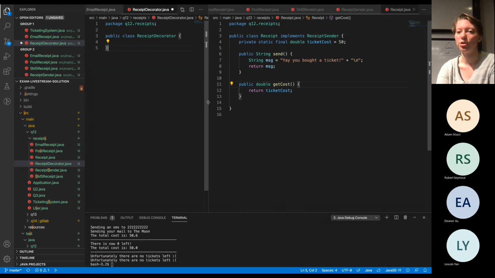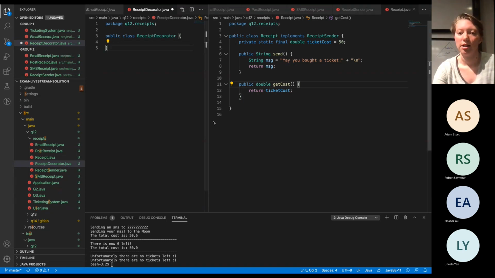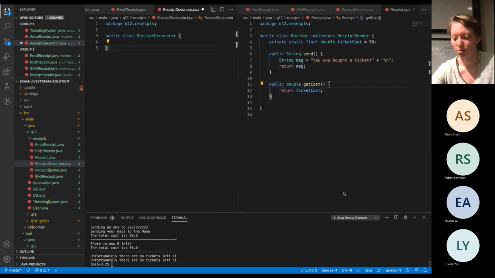In this case, what we want to do is say that all of our different types of receipts are of type receipt decorator, so we can treat them as the same thing. So in this case, we have this, and in our receipt decorator,